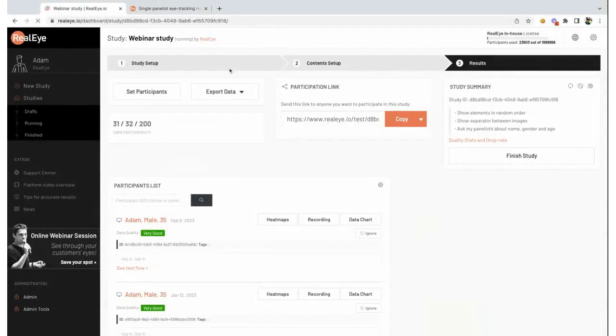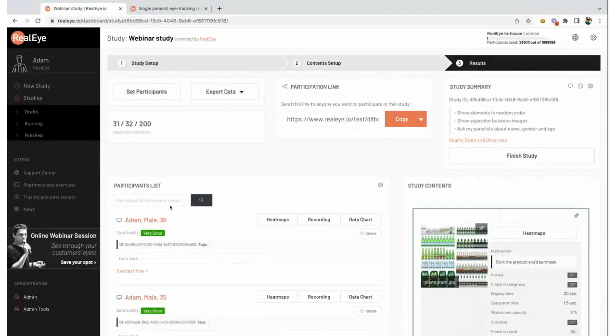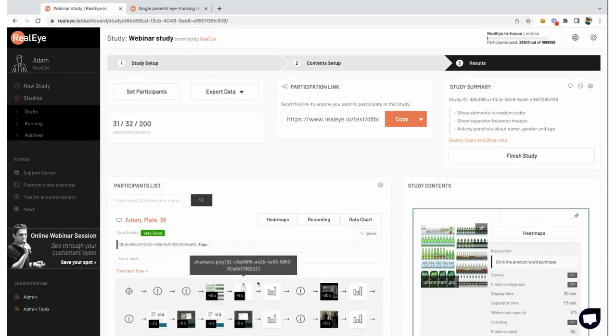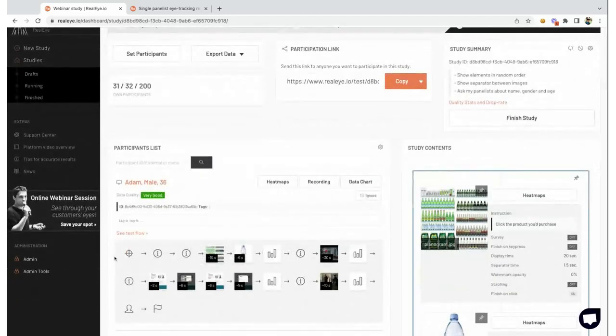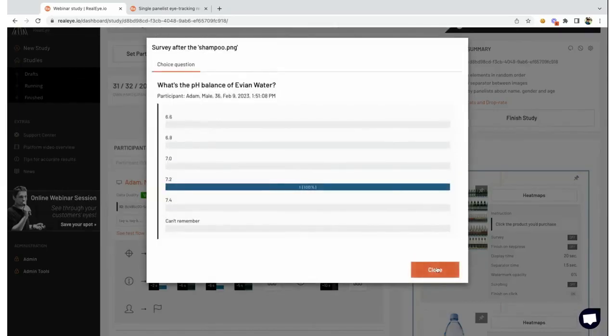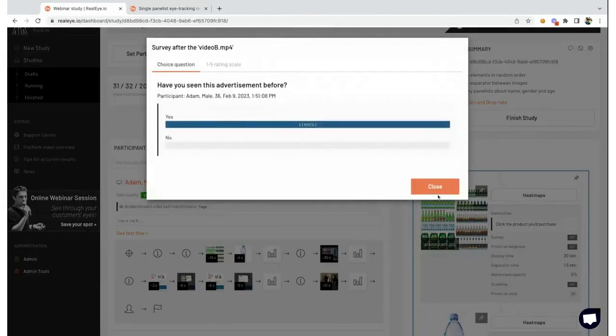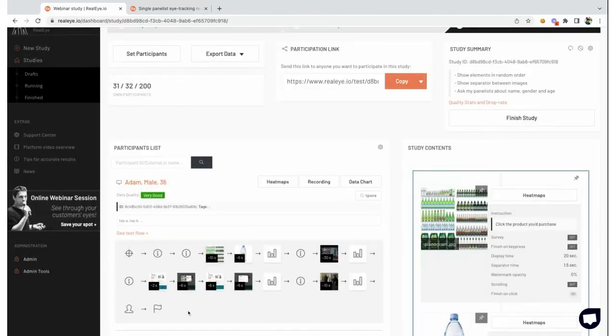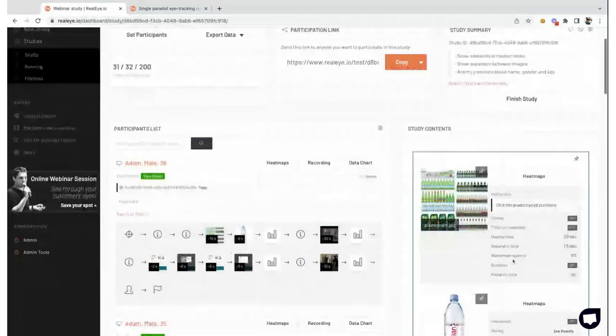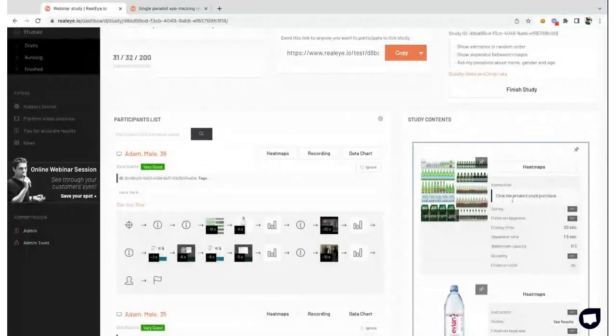So this is it. This is me. These are the results that I have just provided a moment ago. This is my test flow. So it's exactly what I was looking at and in what order, including my survey answers. Perhaps also how long I was looking at certain items. And here on the right, we can see the aggregated results for each one of the items, including the statistics